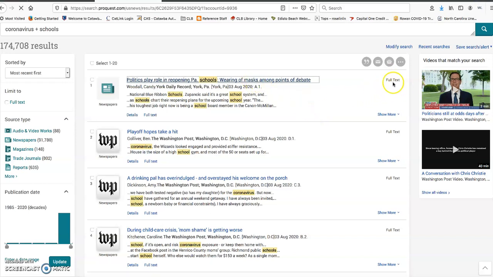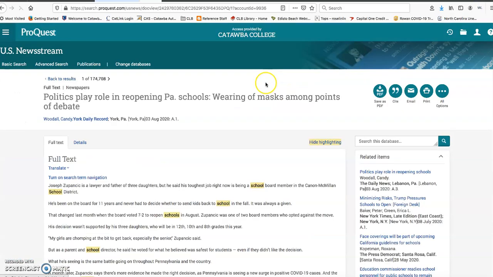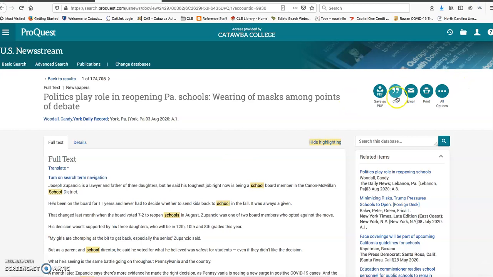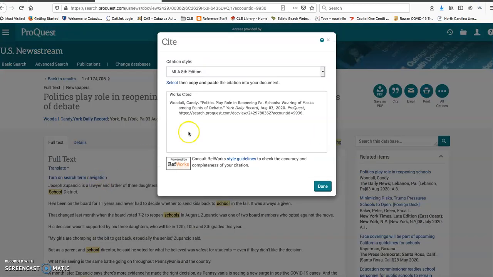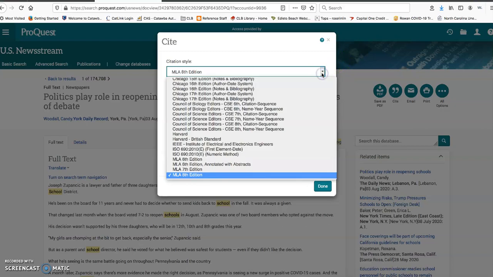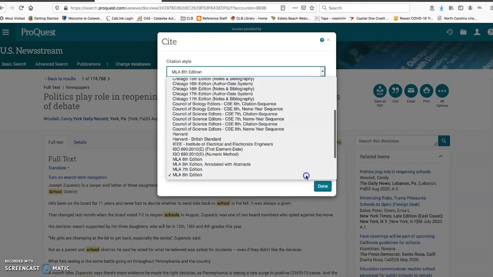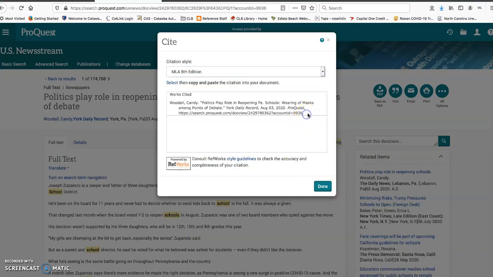And I can also see it's full text over here. And I can read the article if it's what I want. Again, click the citation button. From here, you get a drop-down menu, which is not wanting to click right now. There we go. And you can select MLA. We want to select 8th edition. And then again, copy,